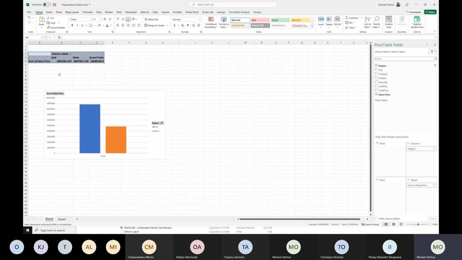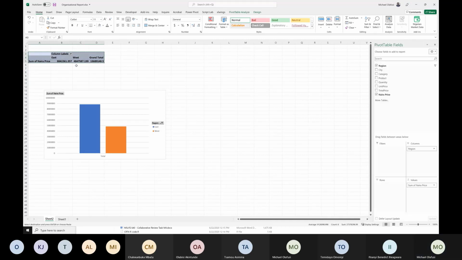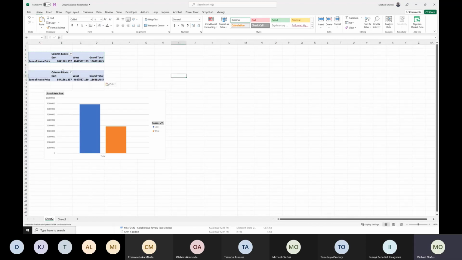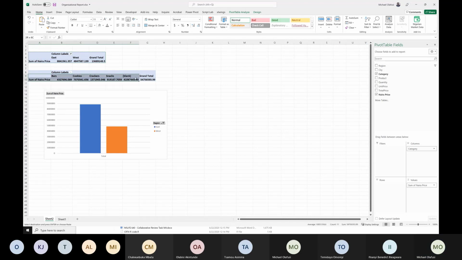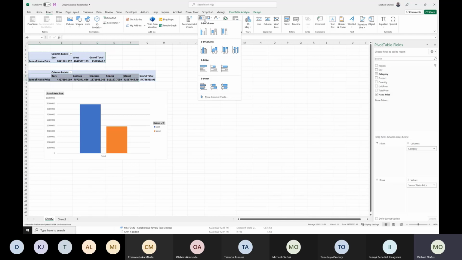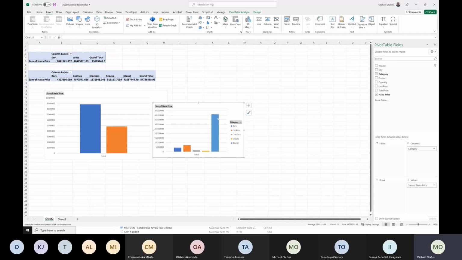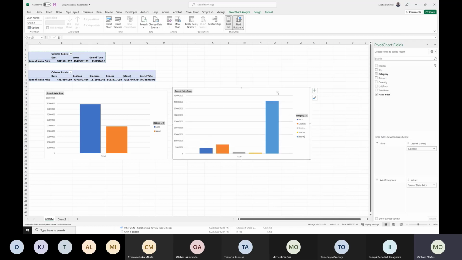I can try to add more. And then maybe this would be by category. Let's add the chart, category. So the blank category seems to be having the most sales.